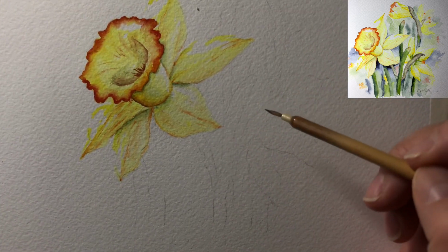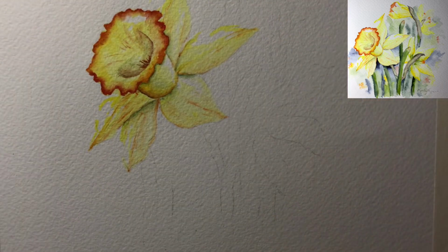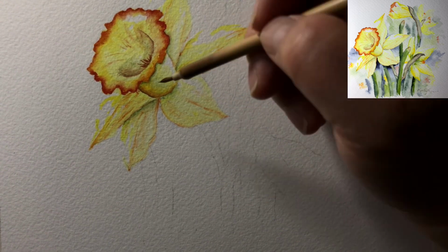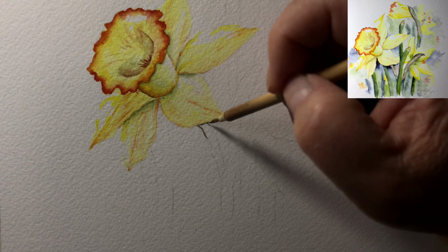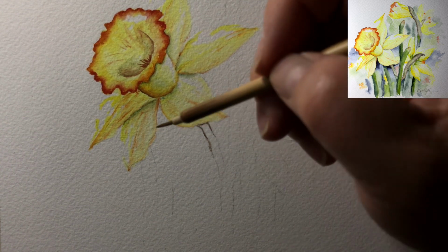How about if we do the papery part? Okay, the papery part of a daffodil. Okay, you see what I'm talking about right here. So what I'm going to do is go into strict sepia color. Just a little bit of sepia color right there. Okay, the stem that you can see that's coming out of the, I need a little bit more sepia, sorry,